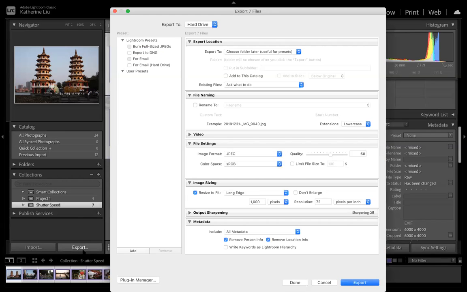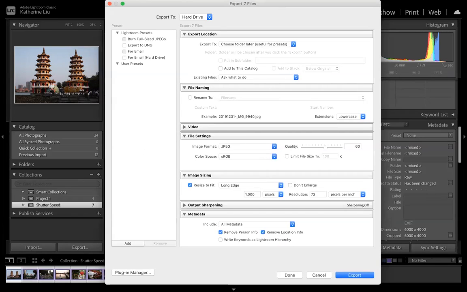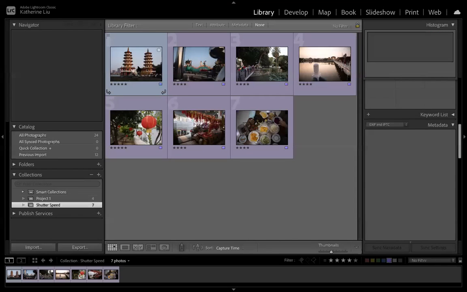When I go to export again, I can see up here it says export 7 files, and that's exactly how many files are there. So another